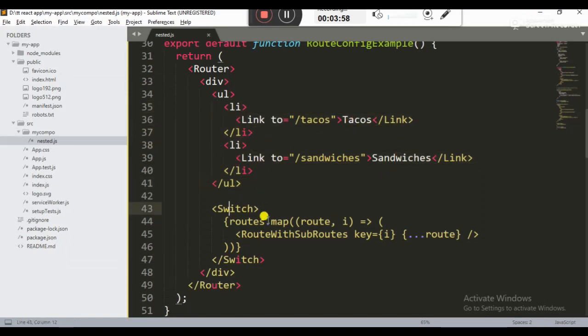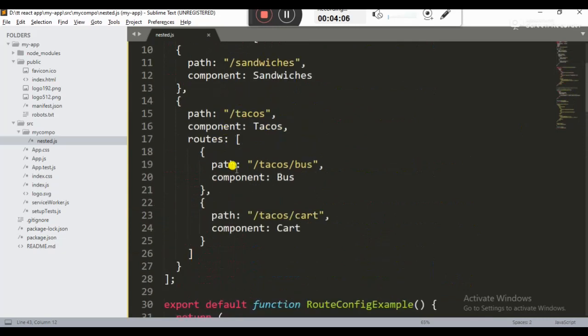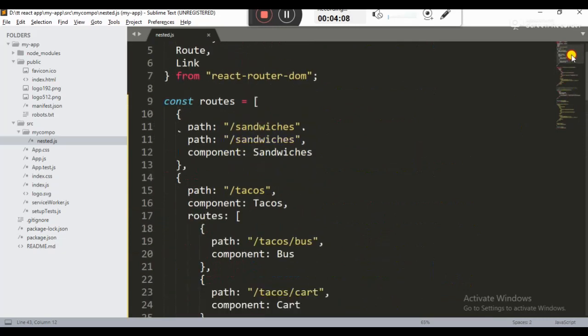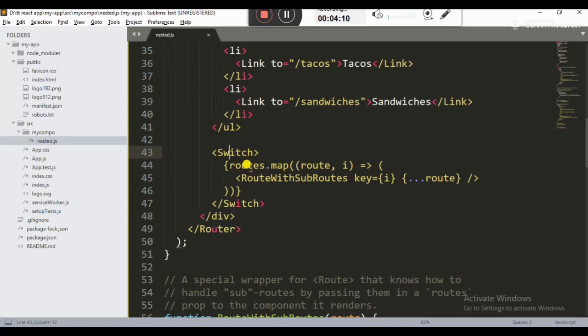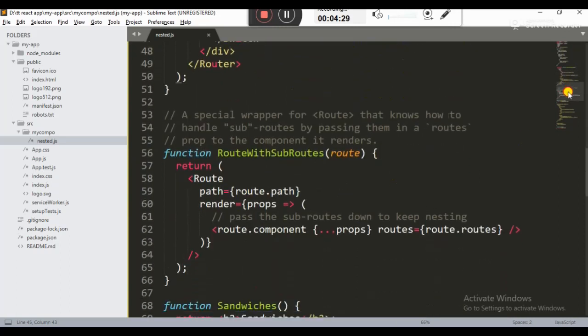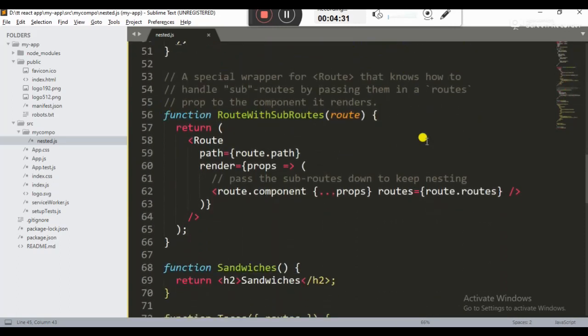First of all, when you click on the simple route, it calls a simple mapping on a simple array. It maps on an array. So here is an array. You can see this array is mapped by using this routes.map, route and i. It means i is the key of an array and route is the value of an array. Or you can call this a route in this route. Okay, so this is a nested form, first, second and third. Three dots means this is a nested route. And just going towards this, here is a subroute of a function.